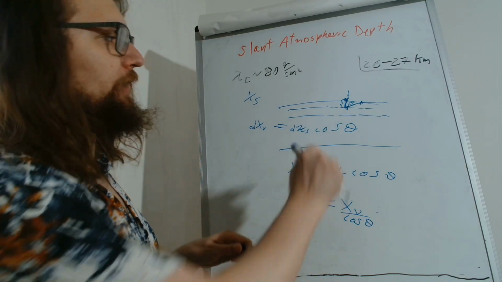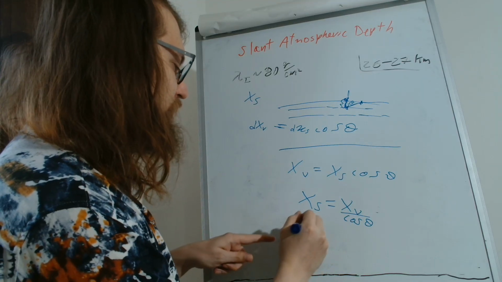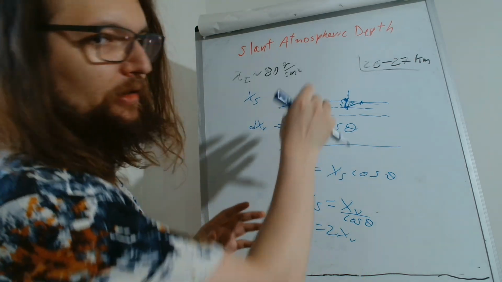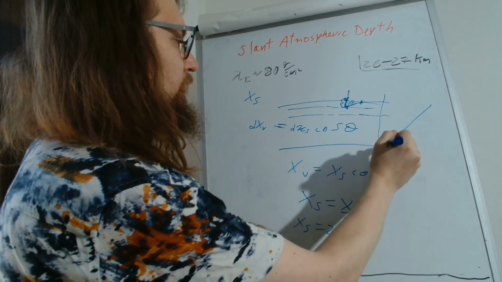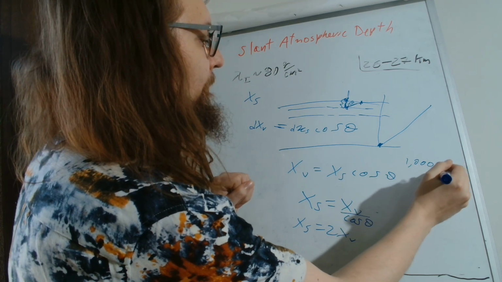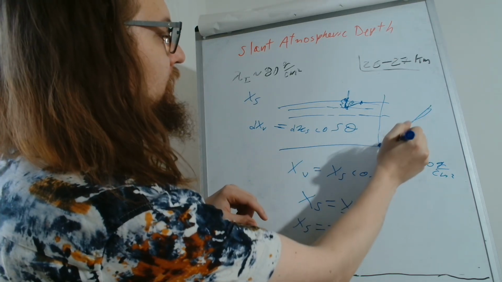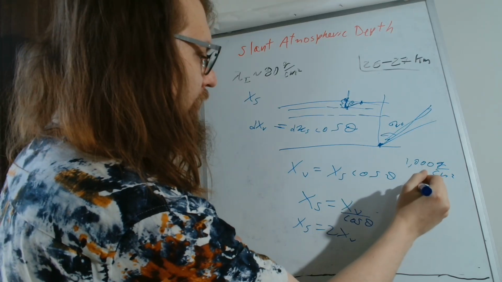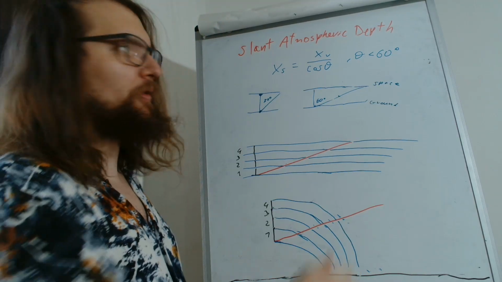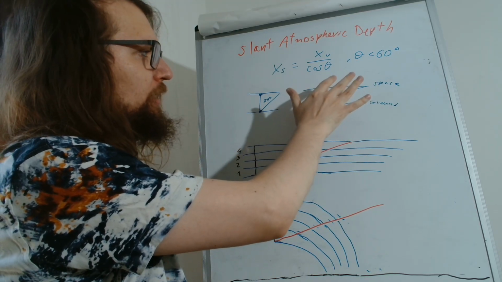And if theta is at the limit of 60 degrees, then the cosine of theta is 1/2. So the slant atmospheric depth is double the vertical atmospheric depth. And if we take the total atmosphere, we know the vertical atmosphere is 1000 grams per square centimeter. Then the slant atmosphere at 60 degrees is 2000 grams per square centimeter. So this slant atmosphere contains twice the air of this vertical atmosphere, but at this point this formula starts to